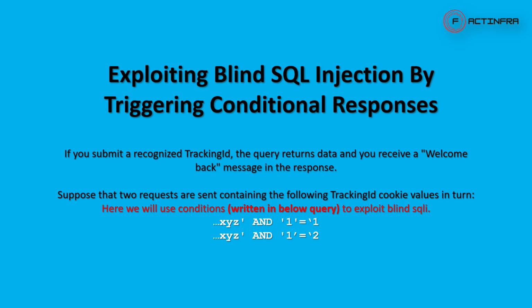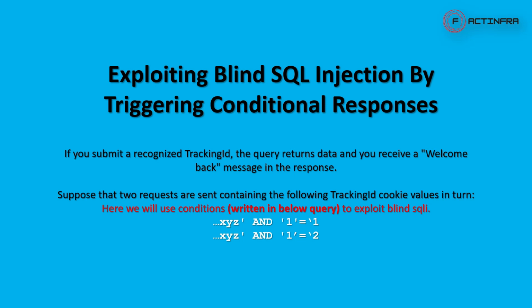For example, the white text you can see on the screen: xyz single quote and 1 equal to 1, and there are some single quotes as well. Now, what is this xyz? It's basically the TrackingId value which ends in xyz. Okay, it's an example. Now, after the TrackingId, because we know very well this parameter is vulnerable in our lab scenario, after this value xyz single quote and 1 equal to 1,